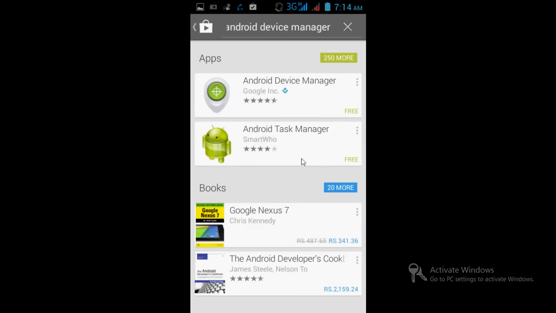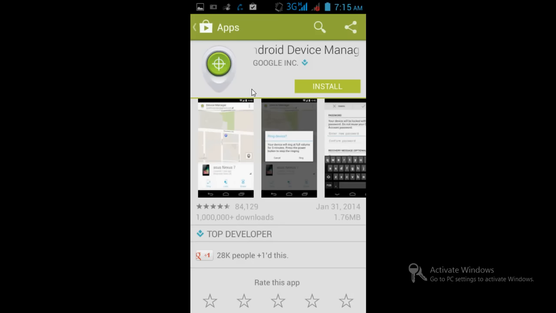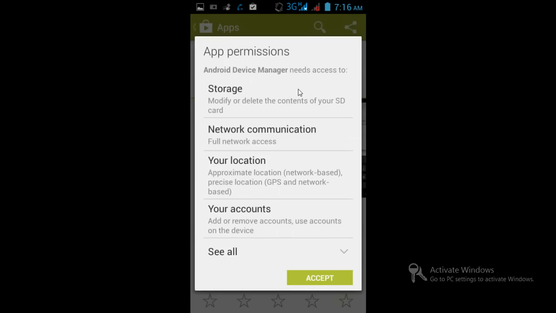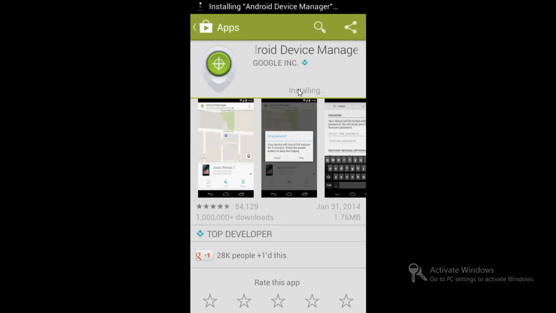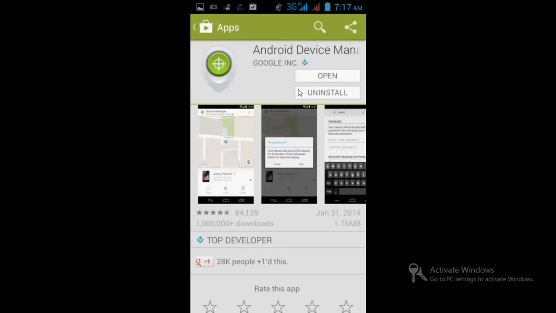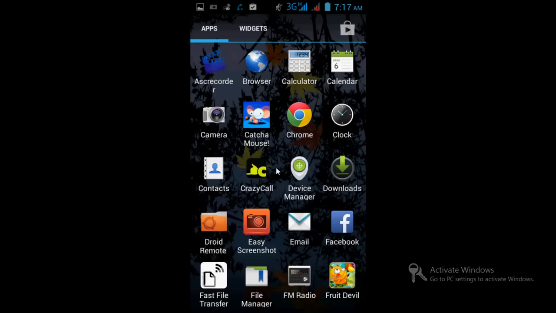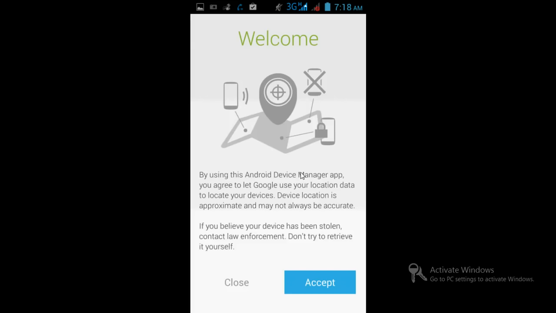Just select this application and install it on your mobile phone. This is by Google itself. Once you install the application, accept the terms and conditions, and it will download and install. Once installed, go to the icon which is created in the menu, click there and accept the terms and conditions.